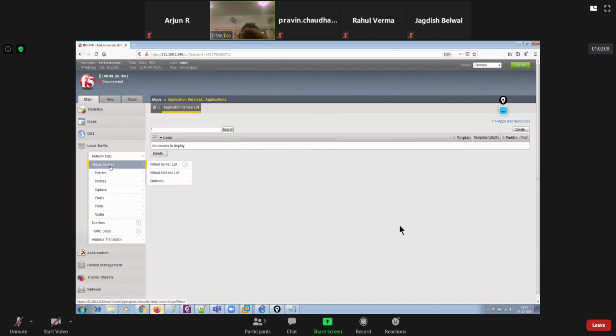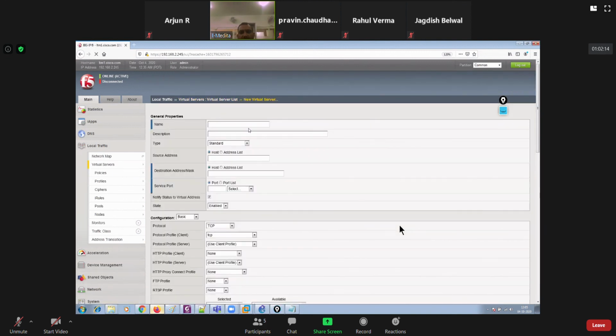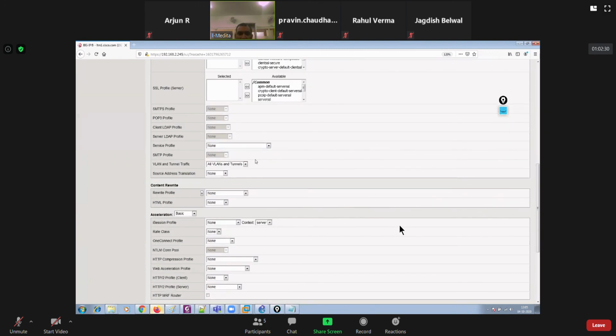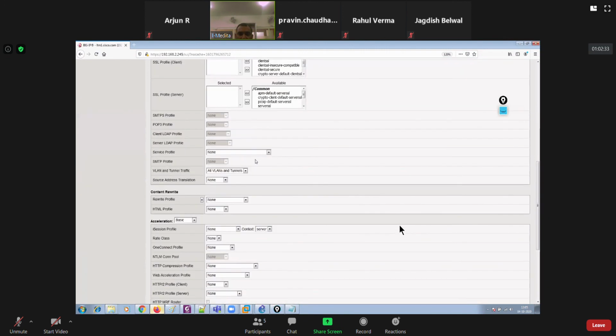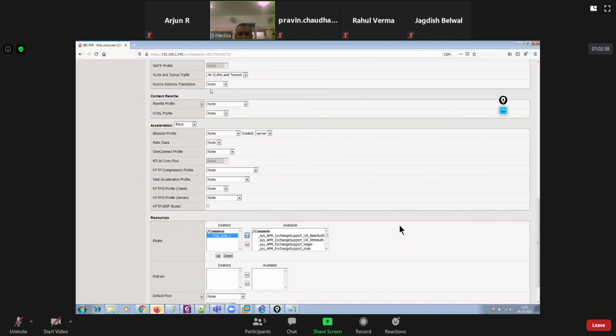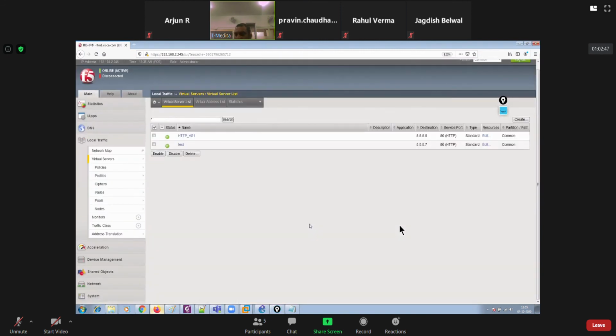Come back to your virtual server and then create one of the virtual server. HTTP VS1, destination address 5.5.5.5, port 80. HTTP profile has to be there, right, guys? HTTP profile is mandatory, and then iRules. We create a test iRule. I have called that. I'm also enabling automap. I am also allocating the default pool. Finished, and you are done.